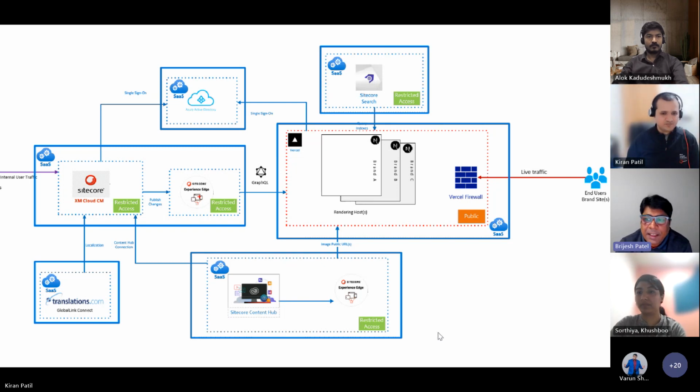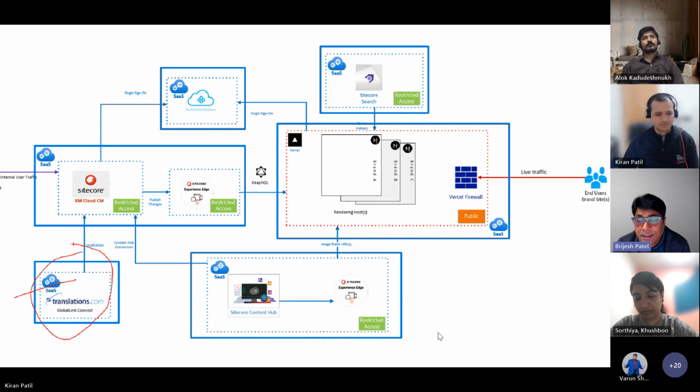And then on the very far left bottom, we work with Transperfect translations, or you can say GlobalLink Connect, because we have multiple languages where we need to do translations. So that's a piece where Transperfect had to come in place. Earlier, they had the same module installed on XP. The connector worked very well from XP. The whole Transperfect translation team had to undergo a change in their product and come up with a SaaS solution. So they are ready now, and we have connected XM Cloud to translations to get all the translations in different languages.